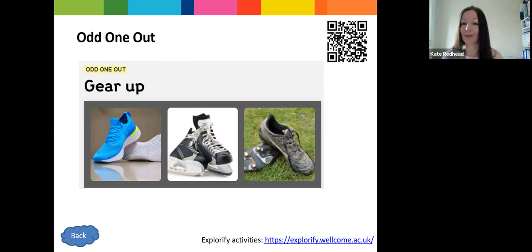And it's not about finding a right answer, it's about the children explaining what they think and why they think it. And as they develop, they will move from things like, oh, I think the odd one out are the trainers on the left because they're blue and the others are black, to thinking about what materials the sports shoes are made from, what the soles of the sports shoes are like. And some children might begin to recognize, well, the running shoes and the football boots have got soles that encourage and create more friction to give the sports players more grip, whereas the